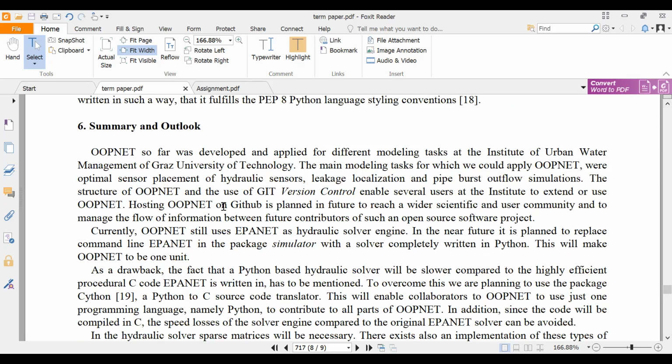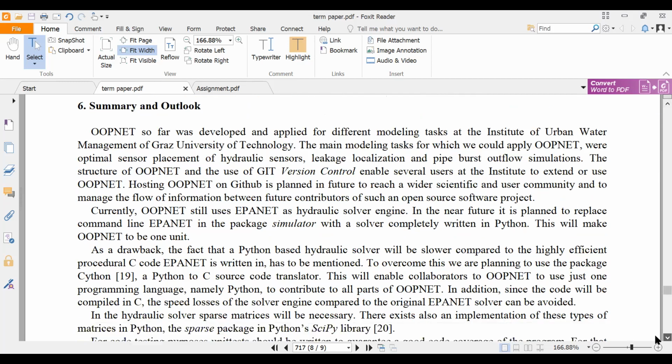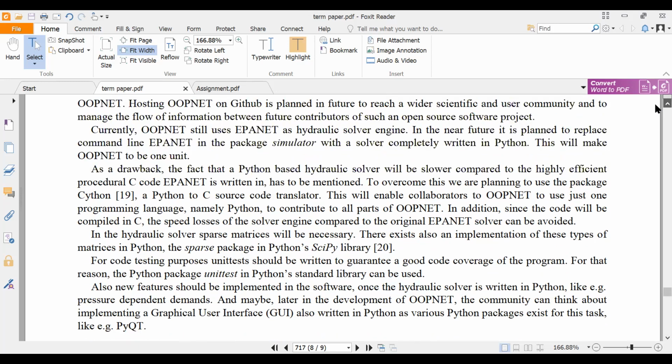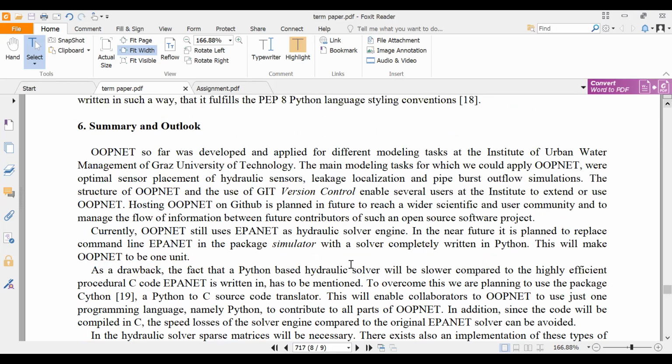Then there is a summary section. Maybe the summary section is the concluding section, because in the conclusion we summarize our findings, or what we have proposed, or what the limitations are, or what the future direction is. So we summarize those things. So if I move back to the presentation,